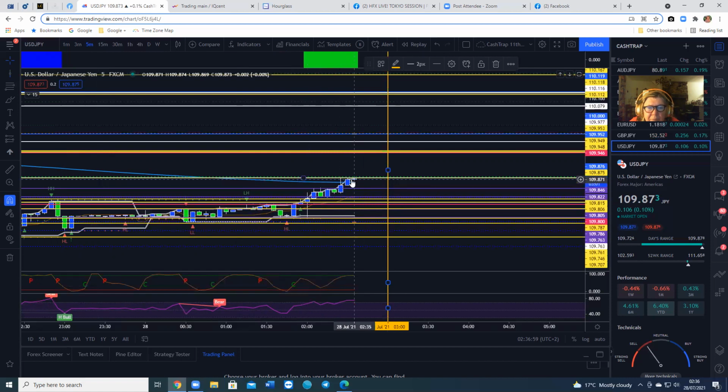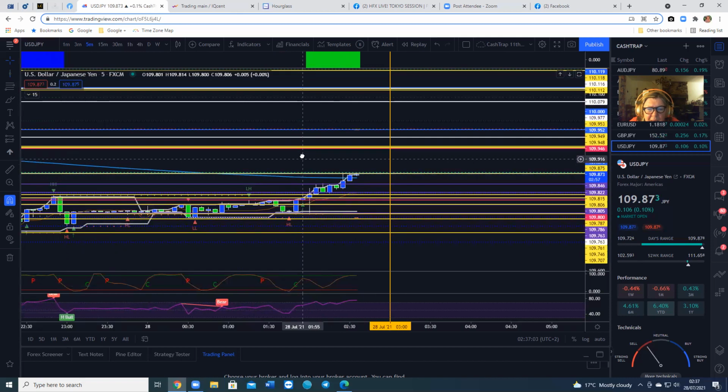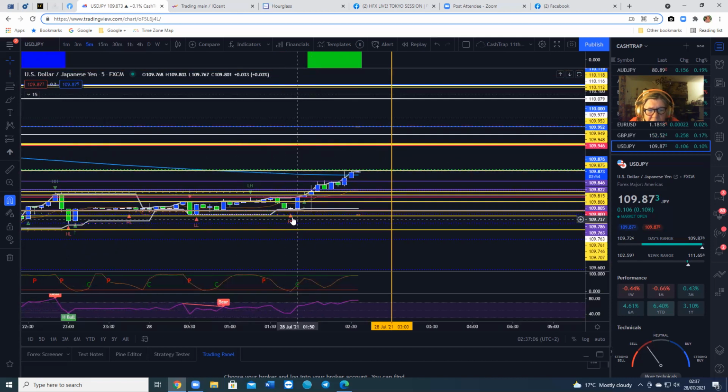So that's what we're looking at the moment. So we've had it surf up those. I'm on the 5-minute, same as we're looking at on HourGlass. It's formed a higher low there. We haven't got a higher high yet because that was a lower high. So it's formed a lower high there. Here we've got lower low, higher high. So we haven't got a major pivot point. We had a little one there,